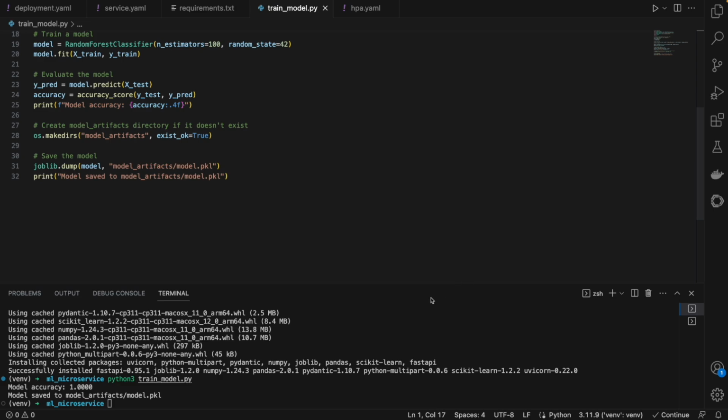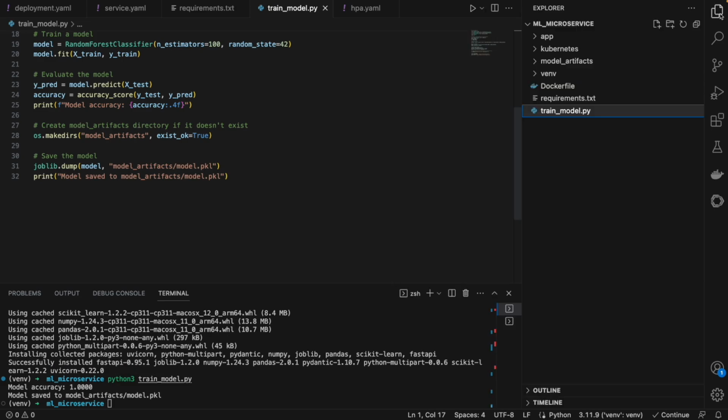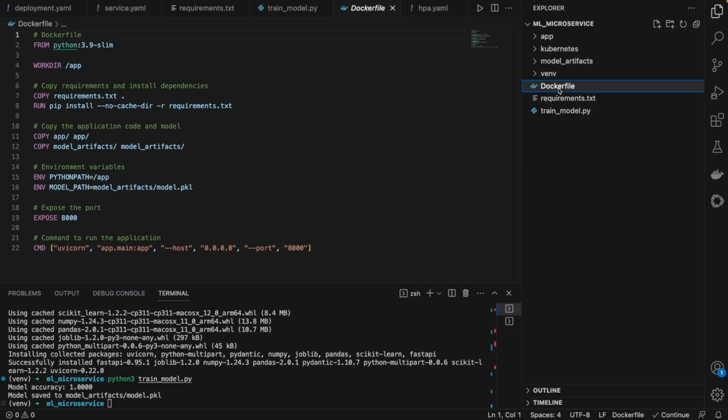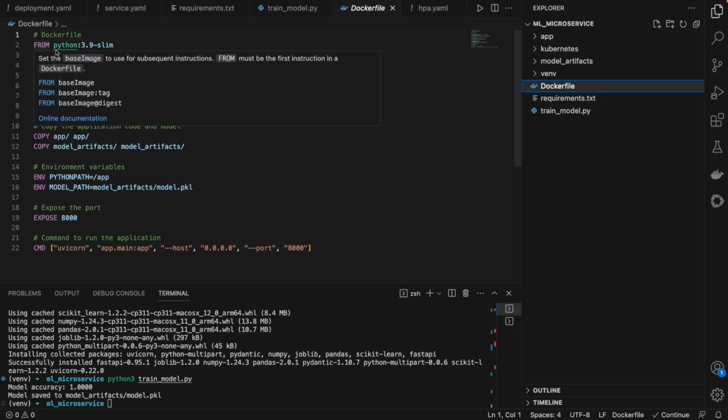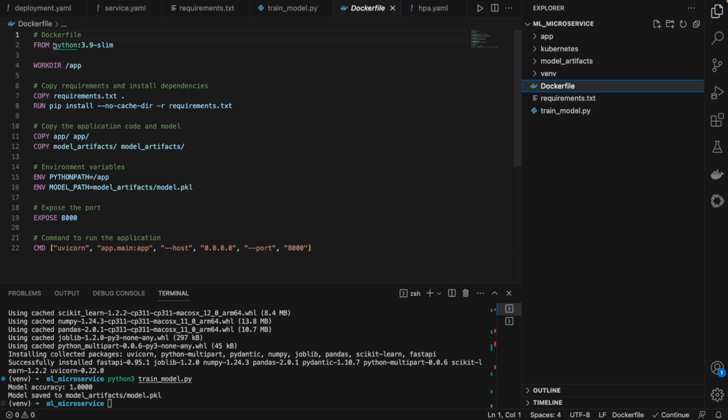The next step is to create a Docker image of this. For that, you need a Docker file, so I have created a Docker file. If you see the steps in the Docker file, first we are downloading Python. Then we are creating a folder called app. We are copying the requirements.txt into that app as it is. Then we are running pip install requirements.txt so that every dependency is installed in the image.